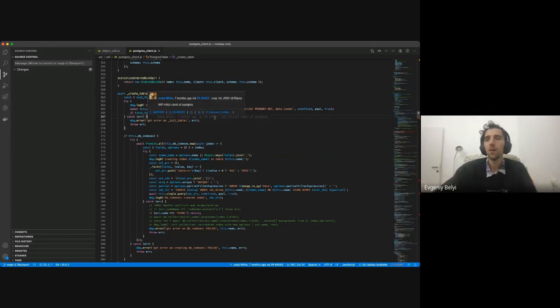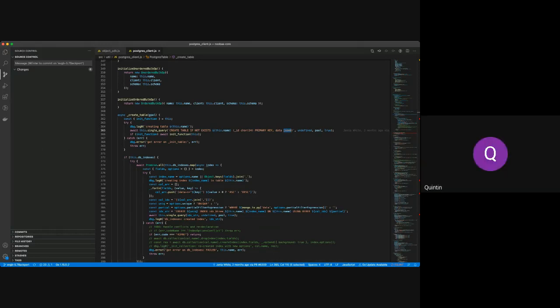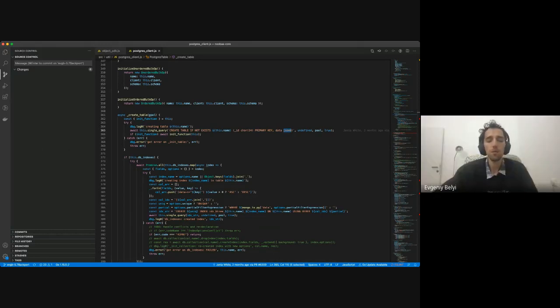So just to recap on how we create the tables. You can see that we just do a create table query with the ID and the data, and the data is of a JSONB type. So in regards to Postgres, it is typed and it is a JSONB type. And it's probably not recognized correctly. Yeah, probably. All right.